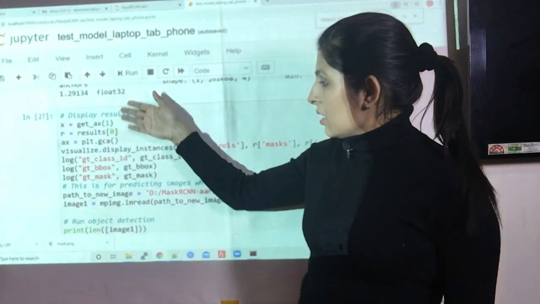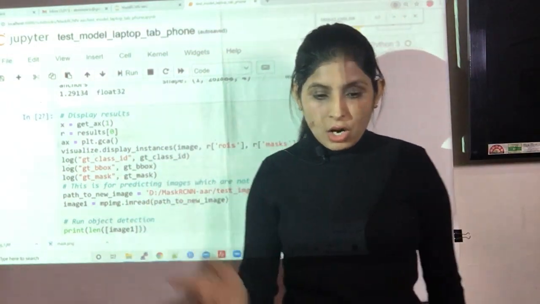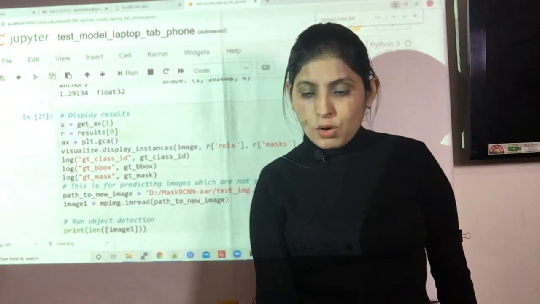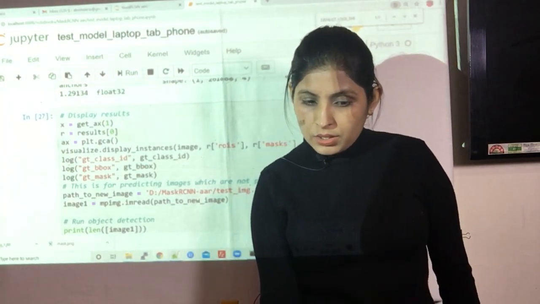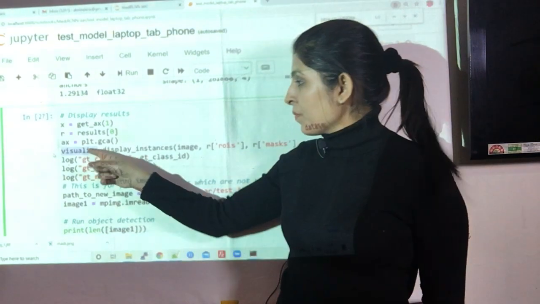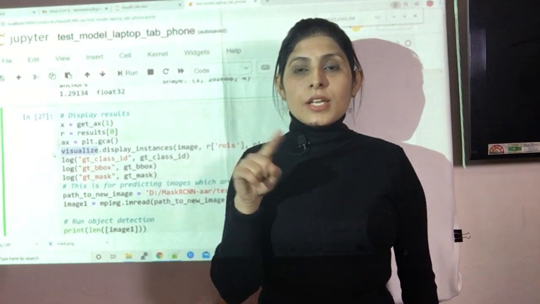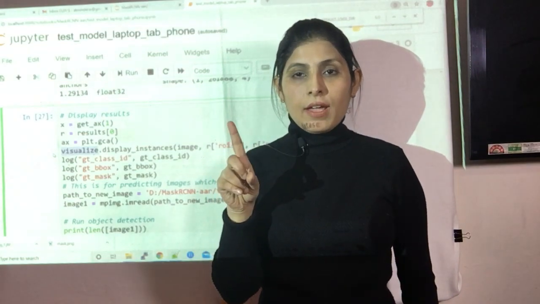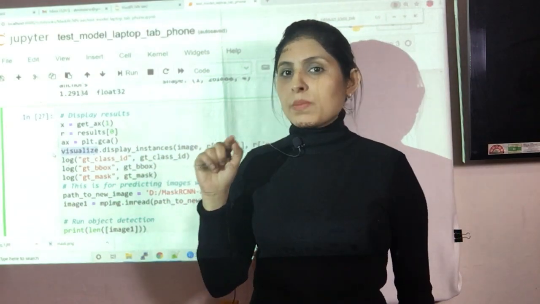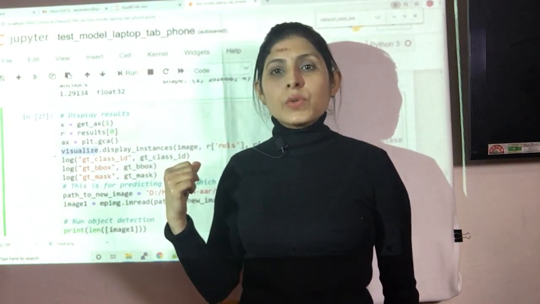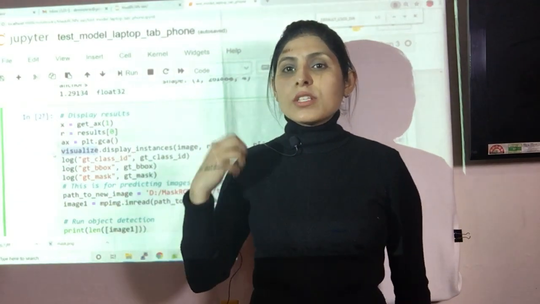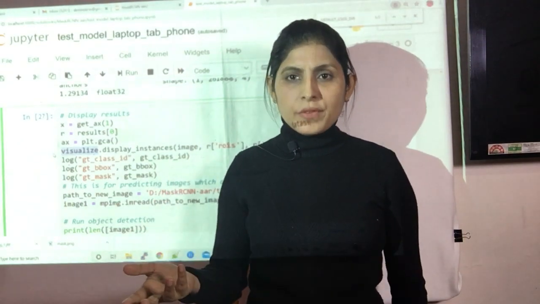Okay. This code is to display your output, and basically we are using matplotlib to display our output. And see, if you remember this visualize file, in mrcnn folder we have one file with the name of visualize.py, and in my previous class I have explained that we are going to use this particular visualize.py file for displaying the results, for displaying our images or graphs or whatever we want to display.